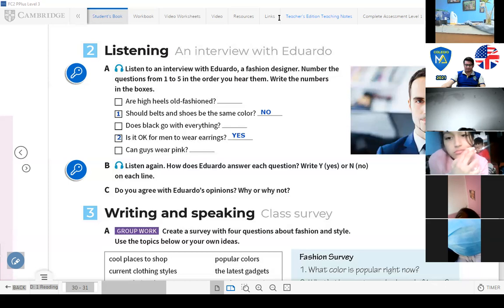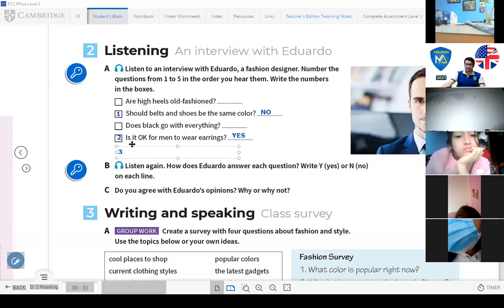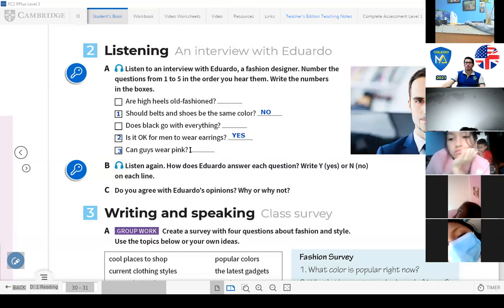Okay, let's go. Number 3. It's about wearing pink, right? It says, can guys wear pink? No, this is number 3. And Eduardo's answer was yes, no? Anyone can leave